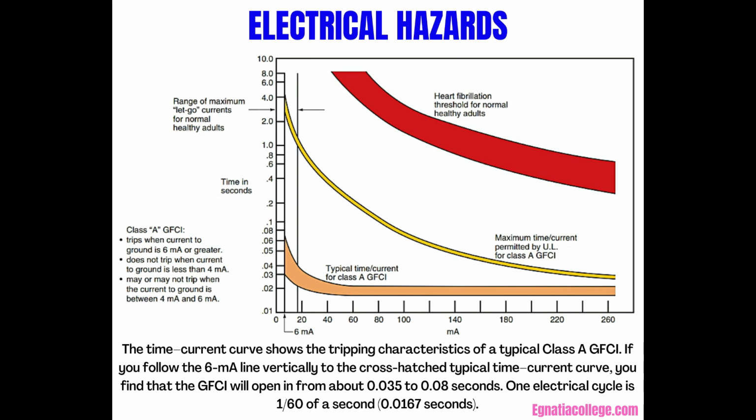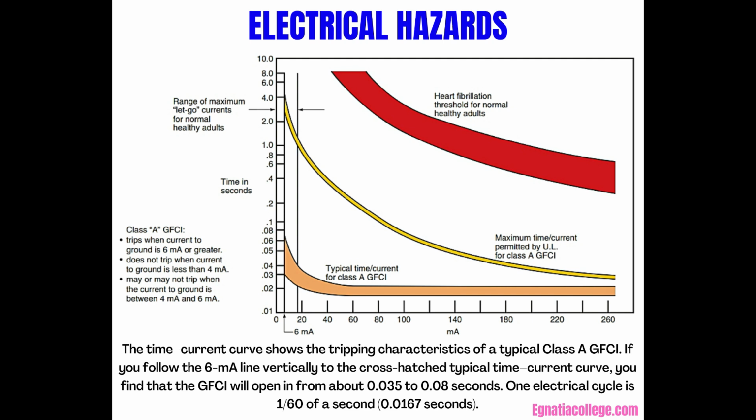Electrical hazards. The most important consideration in the installation of an electrical system is that it does not kill anyone. Many lives have been lost because of electric shock from an appliance or a piece of equipment that is hot. This means that the hot circuit conductor in the appliance is contacting the metal frame of the appliance. This condition may be due to the breakdown of the insulation because of wear and tear, defective construction, or accidental misuse of the equipment. The shock hazard exists whenever the user can touch both the defective equipment and grounded surfaces,